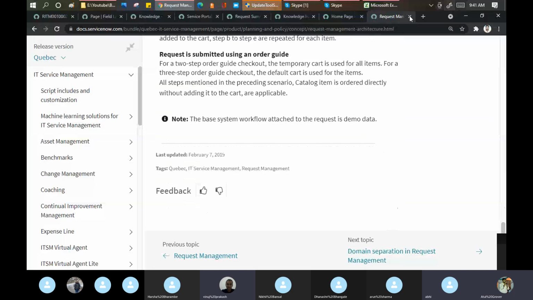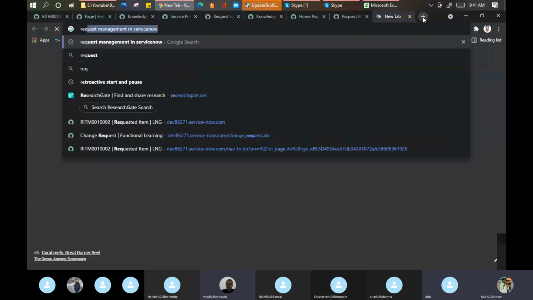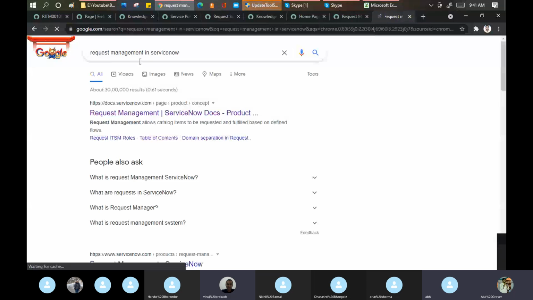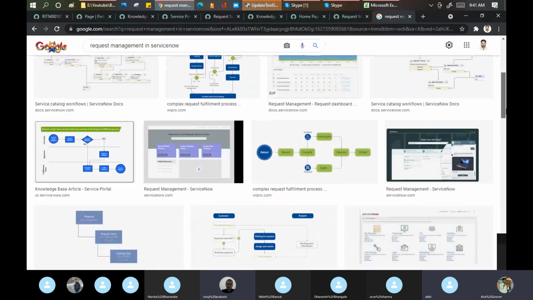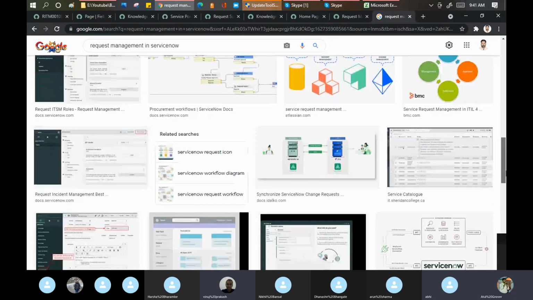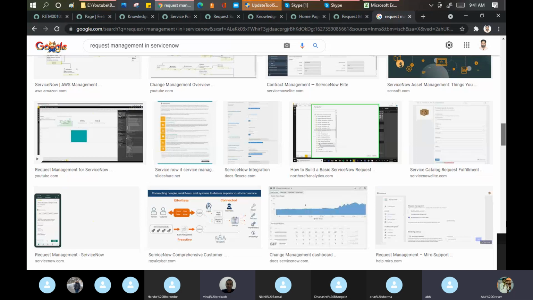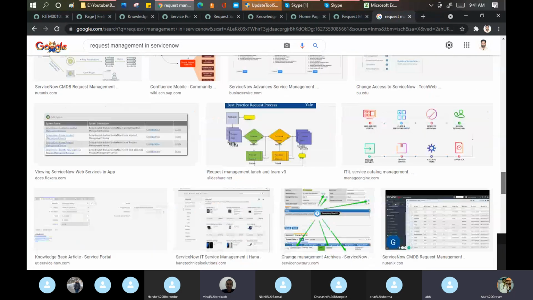Okay, if you want to know a little more about the same, search for the images. See how the tasks work. You can see like this. I'm looking for a specific one which I'm not getting. Maybe someone created it somewhere else.